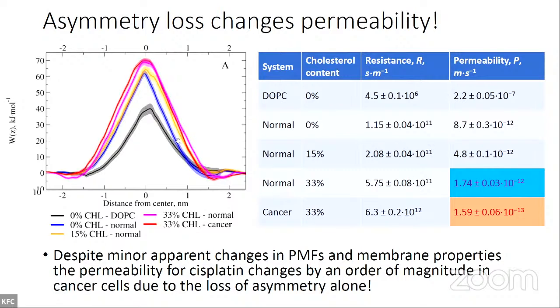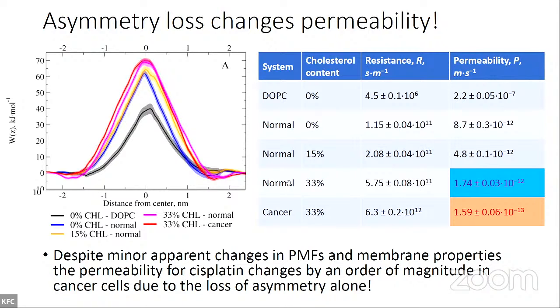So here we computed the PMF, the potential of mean force, of transferring the drugs from outside to inside of all these membranes. And the drug here is cisplatin, a very well-known anti-cancer agent, which is widely used and abused, I would say. Here you can see the permeability coefficients for pure DOPC lipids, for a normal asymmetric membrane without cholesterol, a normal membrane with some cholesterol, and